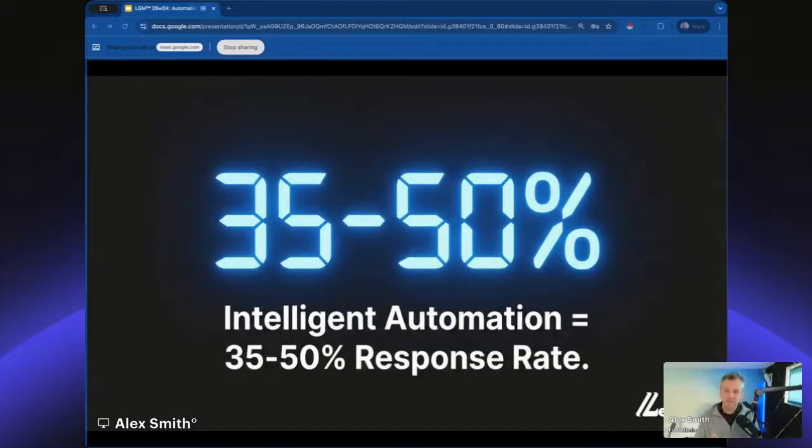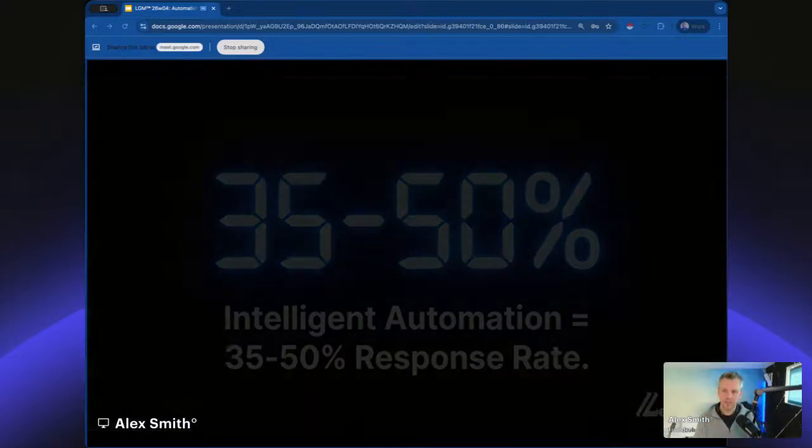That 35 to 50% is where you want to get the acceptance rate, because then your response rate on the back of the new acceptances is going to be way higher as well, and it all compounds. And that's not because of automation, that's just because of how you use it. So if you're interested in more about that, do watch week 2. You can catch up in the school community or on YouTube. Do watch that back as well.